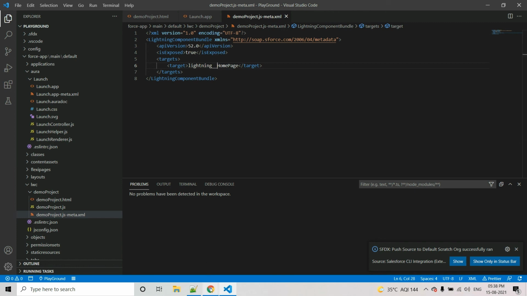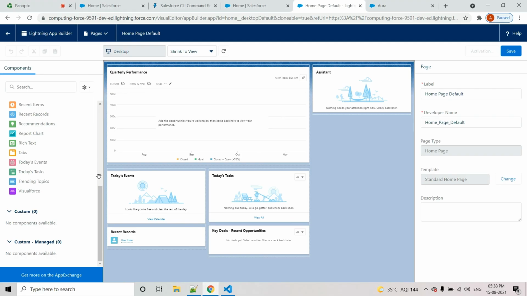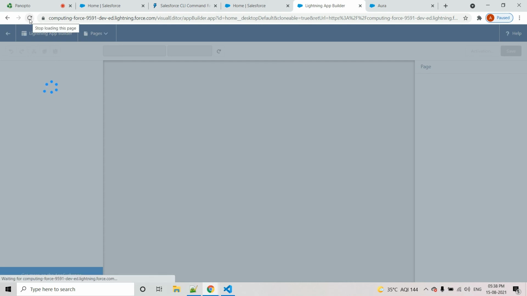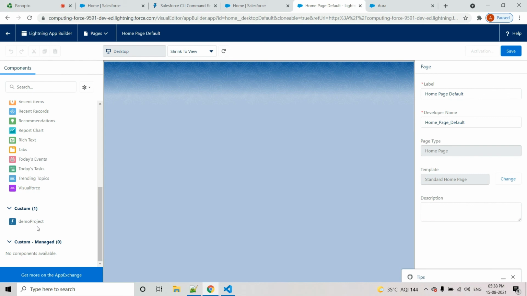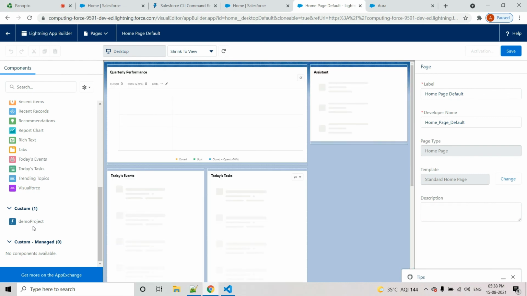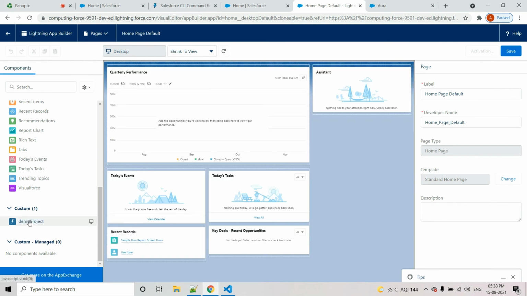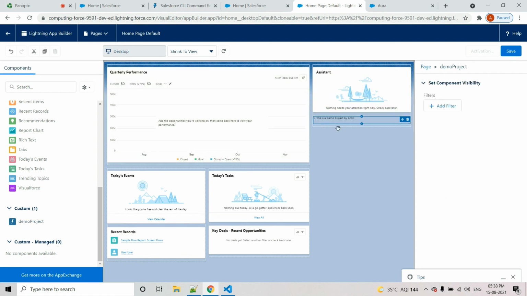Now we need to go to the scratch org home page edit section. Just refresh it. The page is being loaded. Once the page has been successfully loaded, just scroll down and you can see that the custom component, the lightning component, is displayed in the section. Just drag this onto the section where you want to display it and then save it.